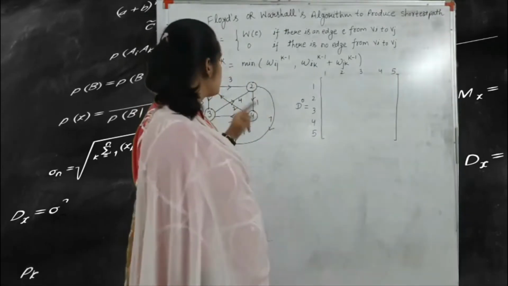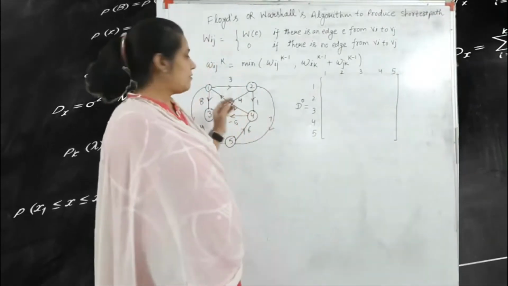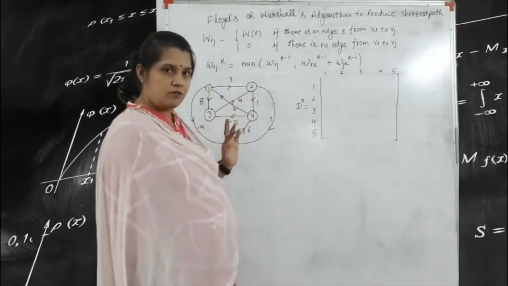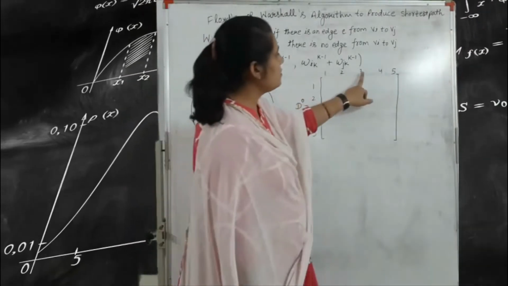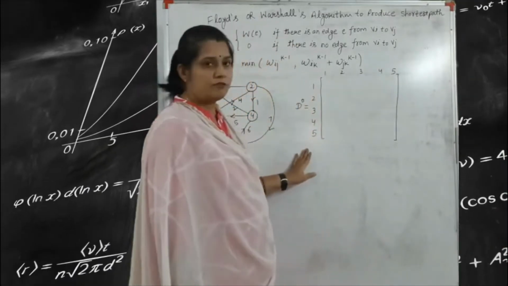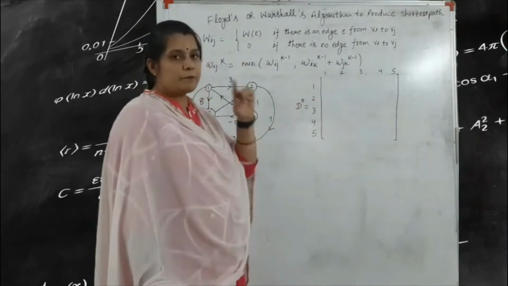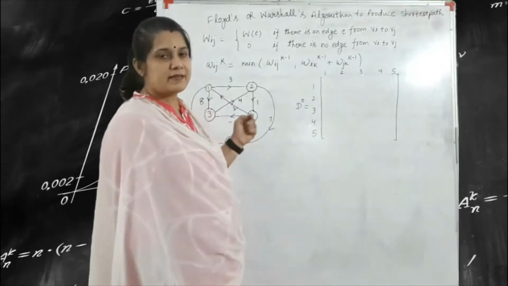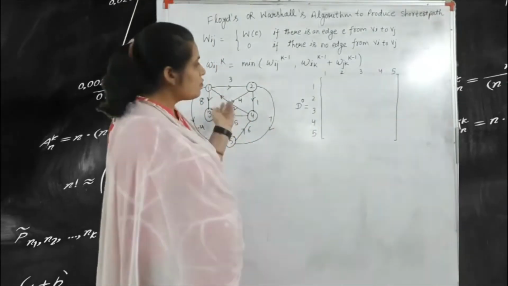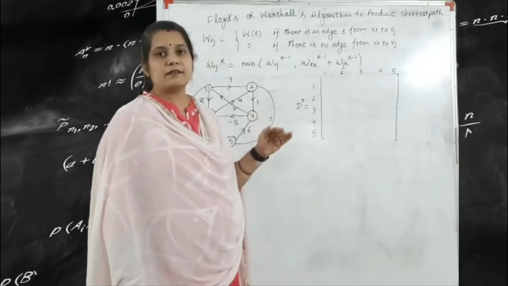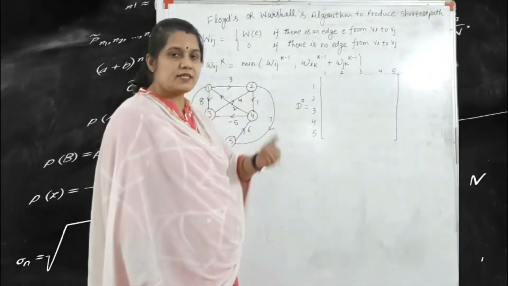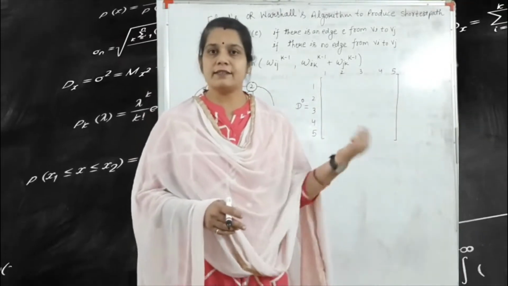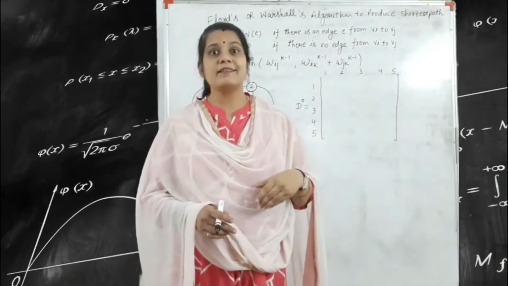So here we are given a graph. The graph has vertices 1, 2, 3, 4, 5. So we write here 1, 2, 3, 4, 5 as rows and 1, 2, 3, 4, 5 as columns, and here we write D power 0. That means this is the first matrix, which depends on the graph. One by one we write here the weights. If our vertices are directly connected, we write the given weight. Otherwise, we write infinity.